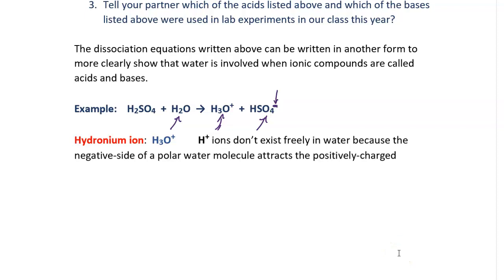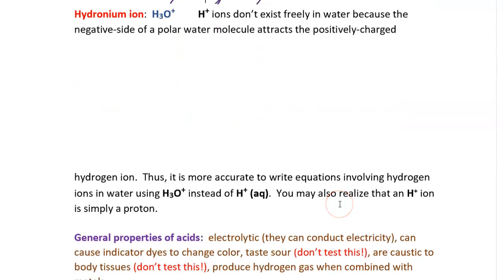The H3O positive symbol is the hydronium ion. The reason that it would be common to write it like this is because hydrogen ions don't exist freely in water. The negative side of the polar water molecule is going to attract the positively charged hydrogen ion. So it's more accurate to write equations that involve hydrogen ions in water by writing H3O positive instead of writing